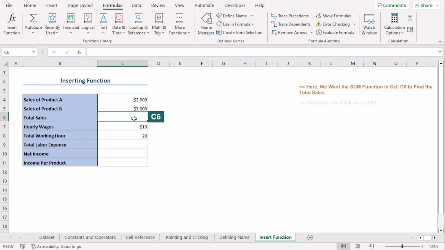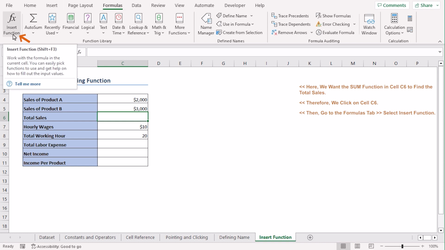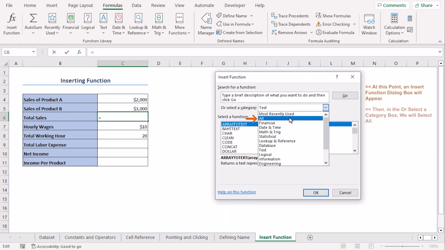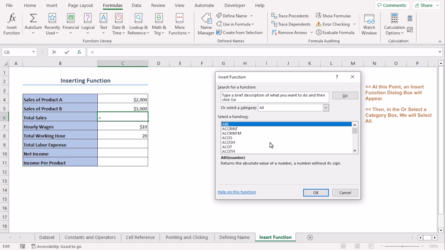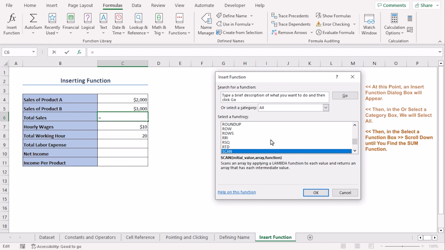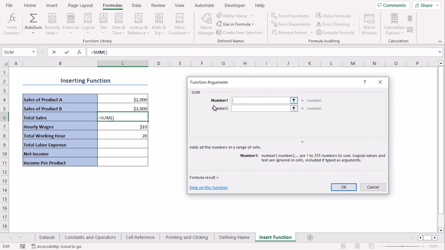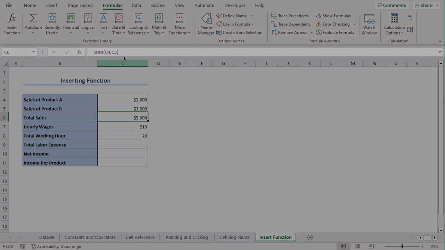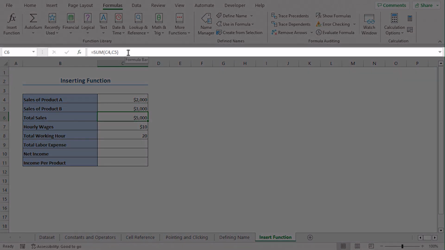Select cell C6 for addition. Now go to the Formulas tab and click on Insert Function. From the category, select All and here look for Sum. You can even press S on your keyboard to start looking from S. Scroll down. Here is Sum. Okay. Now for number 1, we can write C4 and for number 2, C5. From the formula bar, we can see that it has added C4 and C5